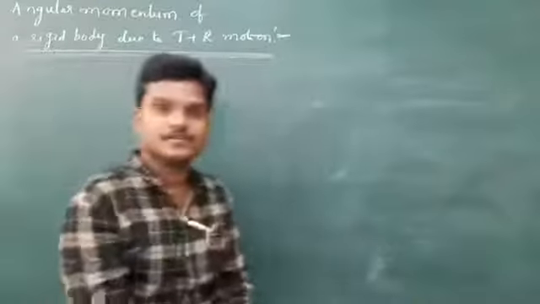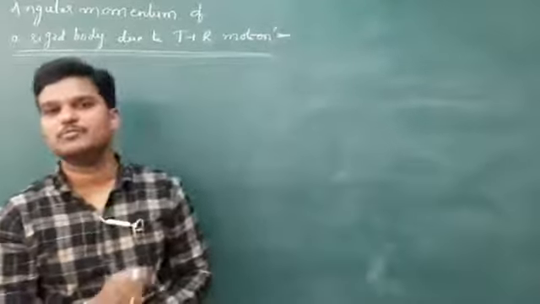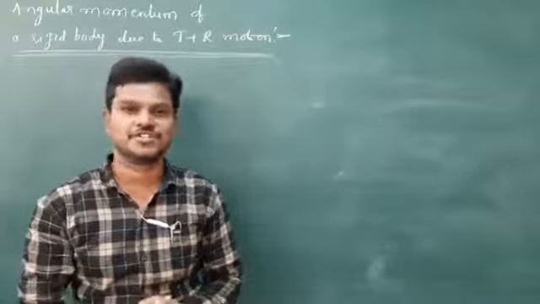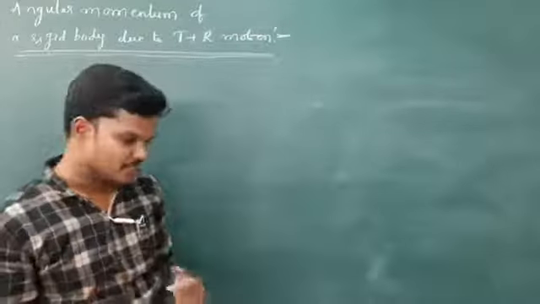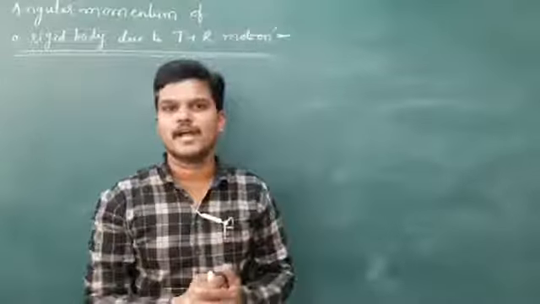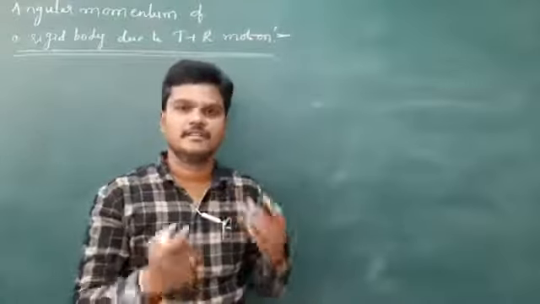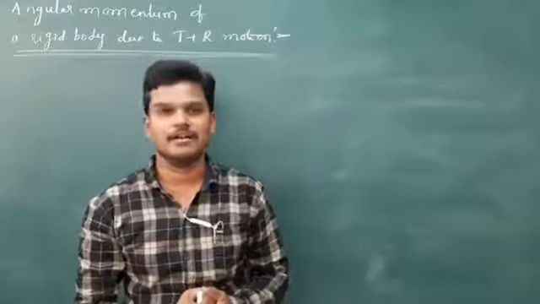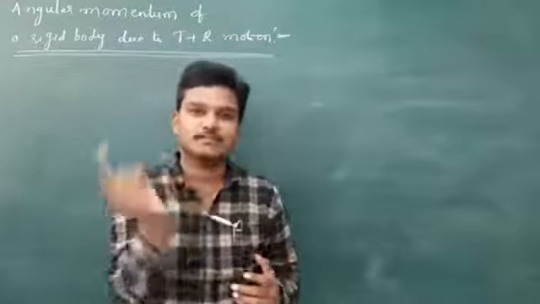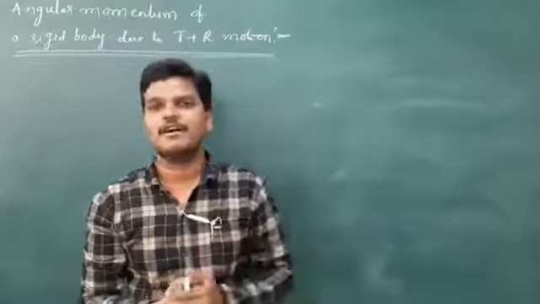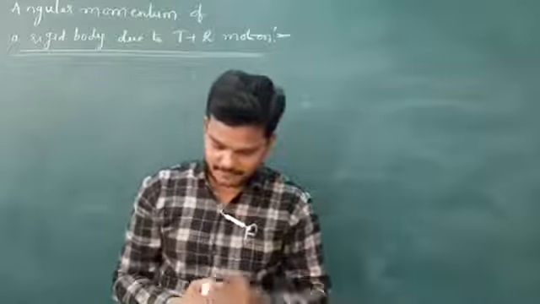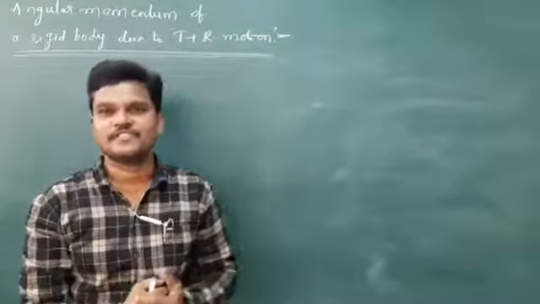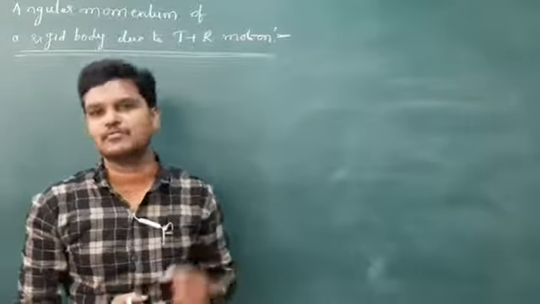Okay. Now, let us calculate angular momentum of a rigid body due to translatory motion and due to rotational motion. We know already if a particle is moving along a straight line, then the angular momentum about some fixed point is mv times the shortest distance, that we wrote as mvr. If the particle is moving in a circular path, again we got an equation like mvr, in the last class. And if the rigid body rotates about a fixed axis, then we got angular momentum about that axis.